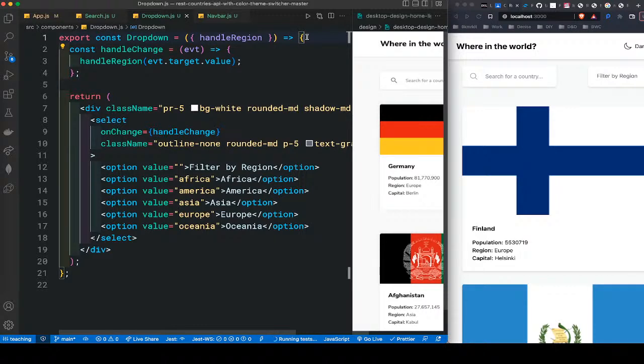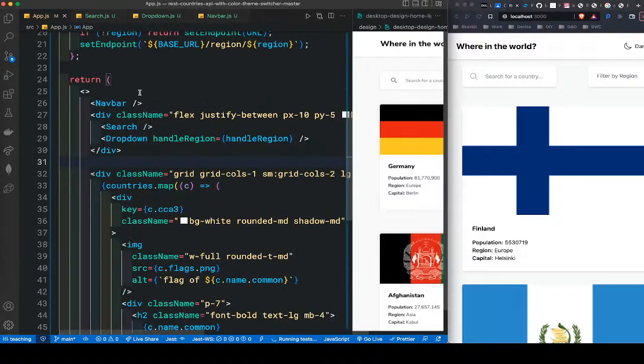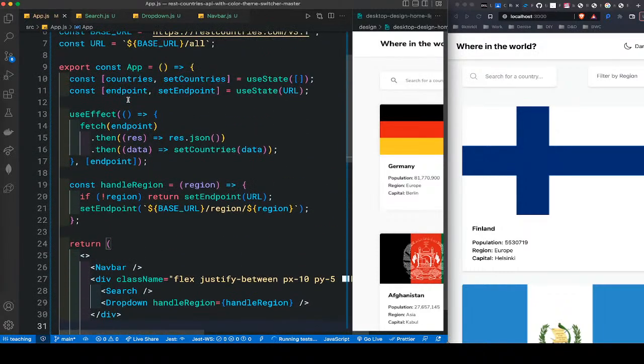Right. Okay, so you see how that useEffect just works? Because we update the state and then the useEffect sees that state update and then it just polls again. Right? Okay, so then we need the search button or the search bar to work, so we also are going to